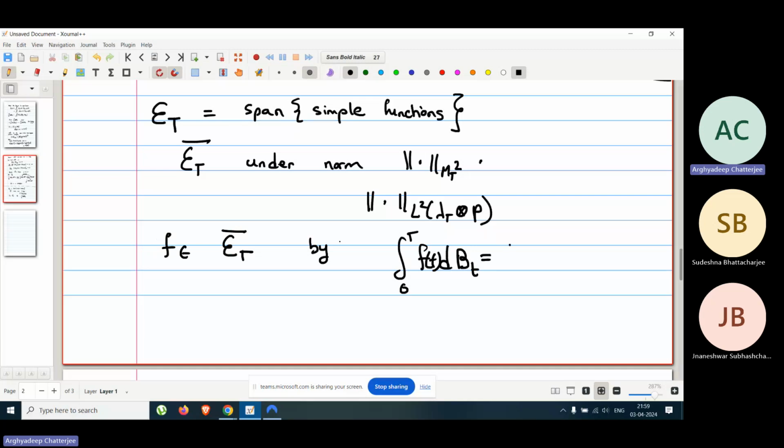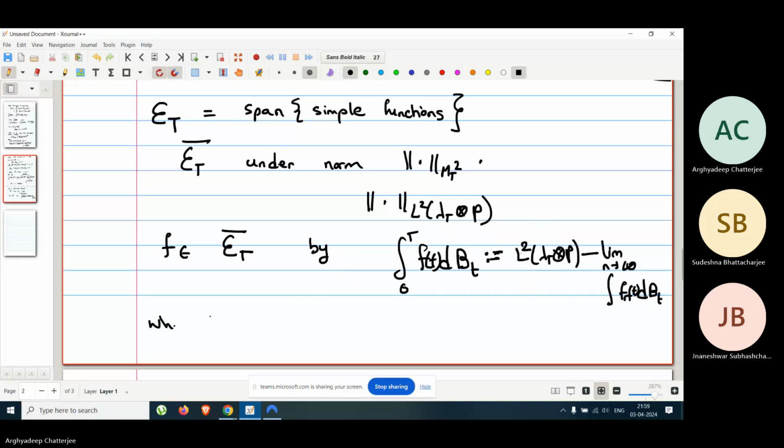This is a definition: the limit as n tends to infinity in the L2 of lambda t norm. I did not prepare the notations properly. So it is the limit under this norm of this integral of fn dB,